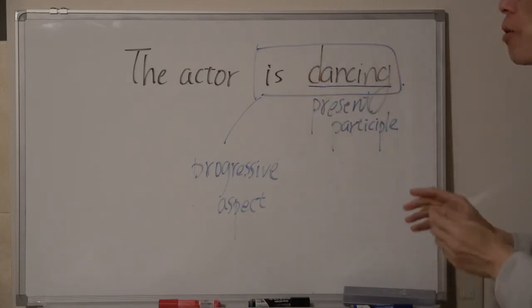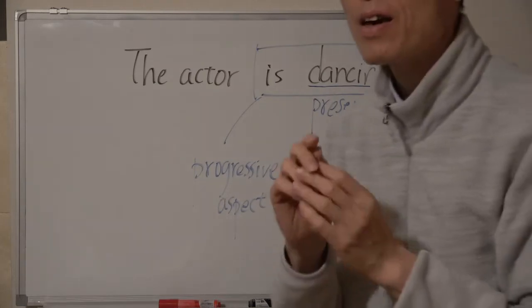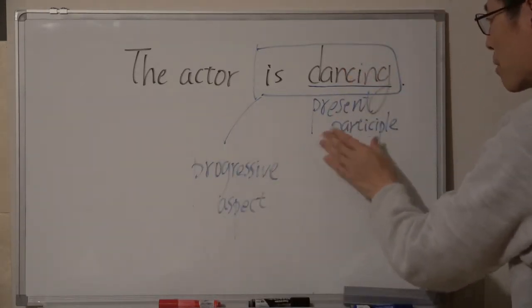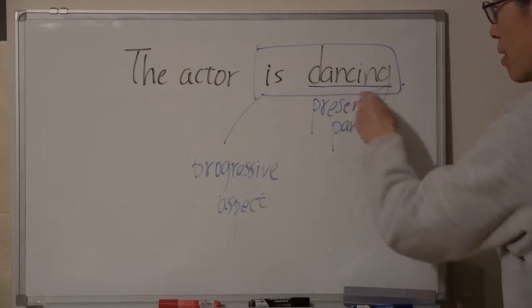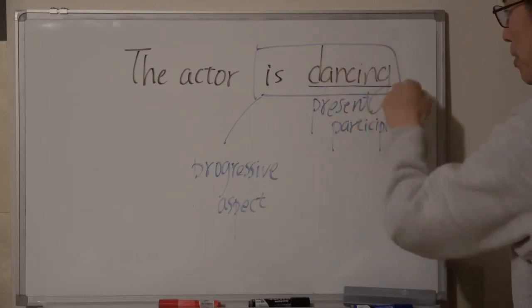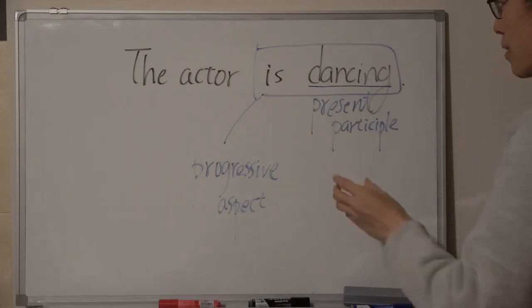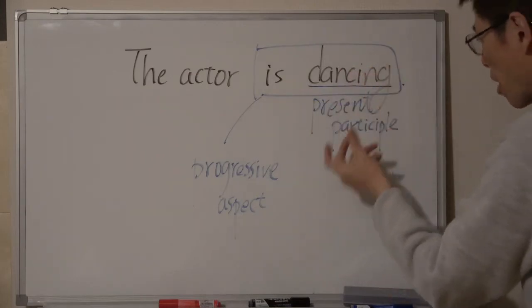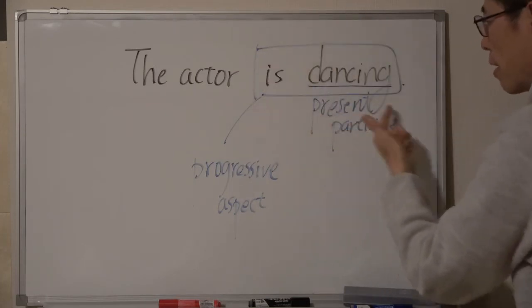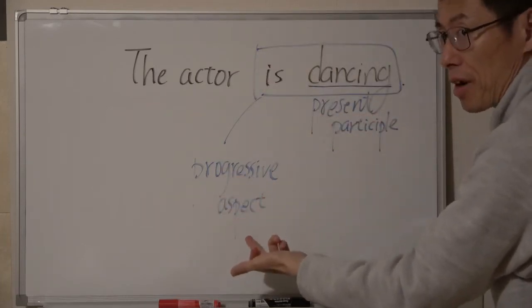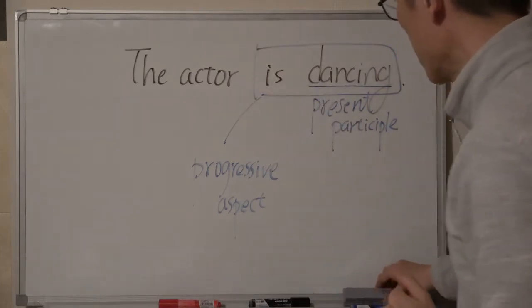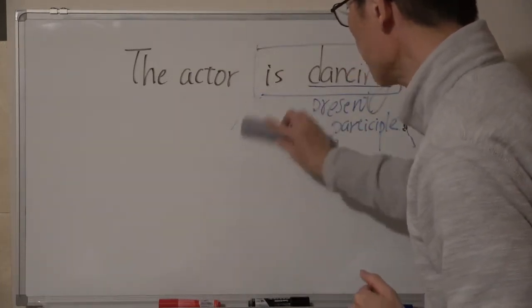So please make a distinction between progressive aspect and present participle. 現在分詞と進行相というのはこういう関係性になっています。So, a present participle is part of progressive aspect. そういう関係ですね。